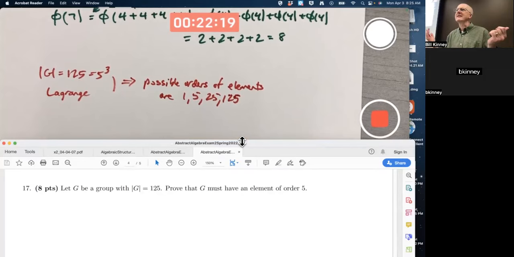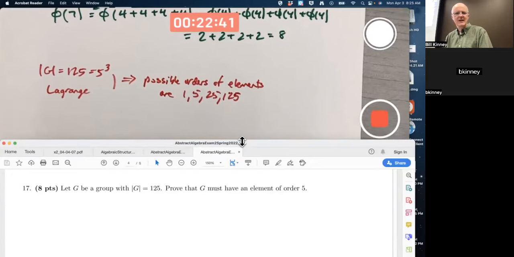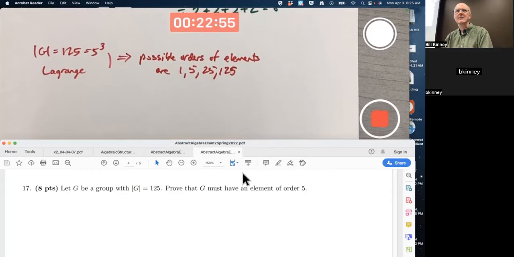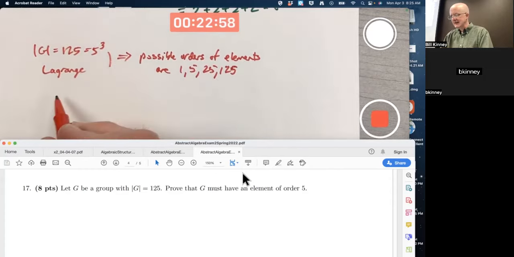So strategy here, what do you think? Cases? Maybe not fun to do cases, but maybe you could think contradiction would be another thing you could think about, maybe within the cases. You could maybe start by assuming G is cyclic. What if G is cyclic as one case, and what if G is not cyclic as another case? I'm not going to write out the proof in sentences for sake of time, but we're just writing down ideas. Case 1,